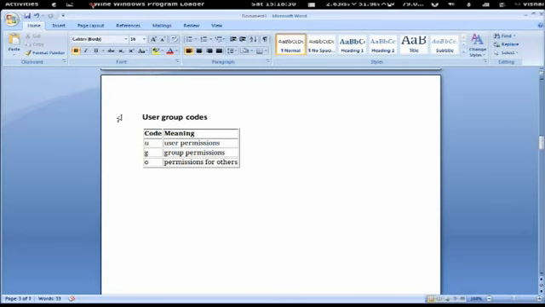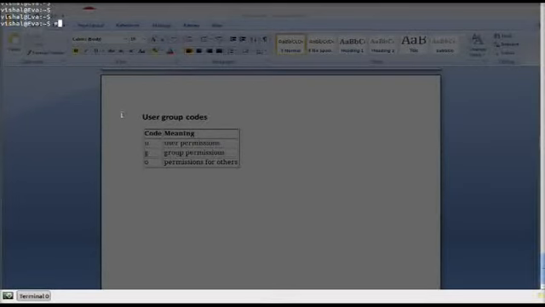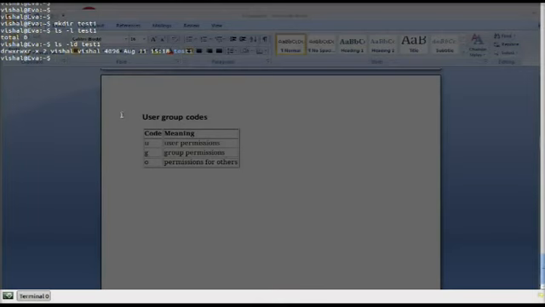Well, what happens in a system? A file or directory belongs to a user who is the owner of that file, and there is a group to which that file belongs. That means anyone in that group can have access to that file depending upon the permissions they have. And there are some other people also that can access the files. So we have to set permissions for these three different classes: the owner, the group, and the others. Let's make a directory test1 and see what permissions it gets.